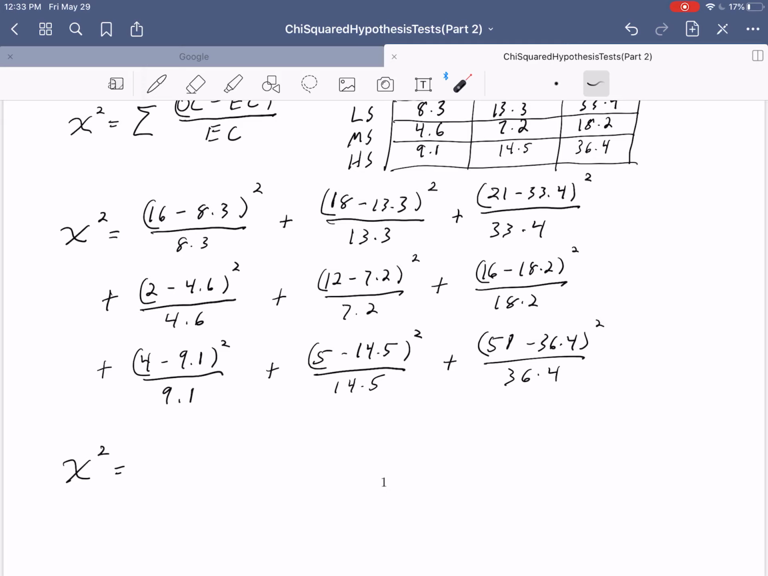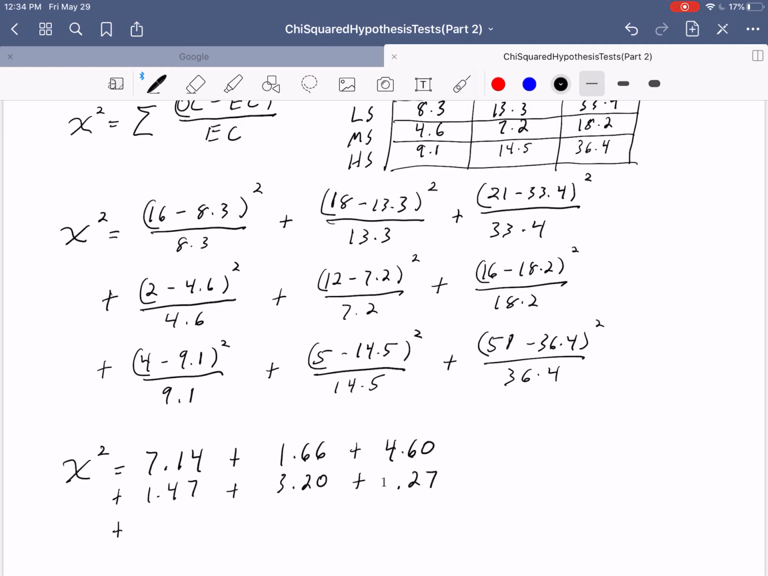First one, 16 minus 8.3 squared, and then divided by 8.3. Looks like we should get 7.14, plus 18 minus 13.3 squared divided by 13.3, 1.66, plus 21 minus 33.4 squared divided by 33.4, looks like 4.60, plus 2 minus 4.6 squared divided by 4.6, looks like 1.47, plus 12 minus 7.2 squared divided by 7.2, 3.20, and then 16 minus 18.2 squared divided by 18.2, looks like 0.27, and then plus 4 minus 9.1 squared